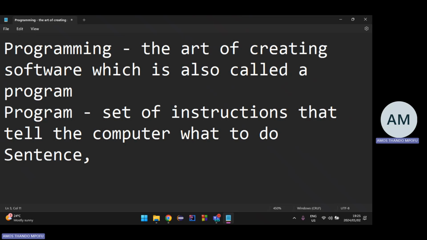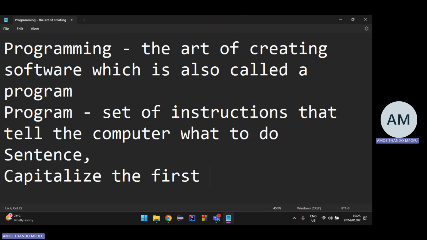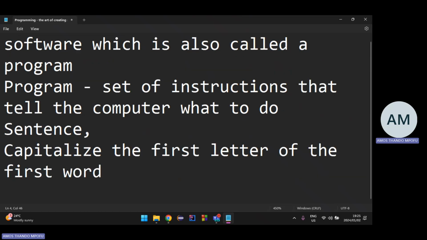A sentence has a starting and an end. It has also specific rules that you have to follow. So for example, to start a sentence, you need to capitalize the first letter of the first word in the sentence, right? There's specific rules in order to structure a sentence.